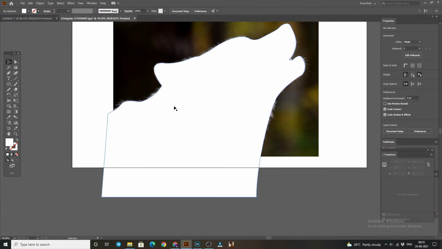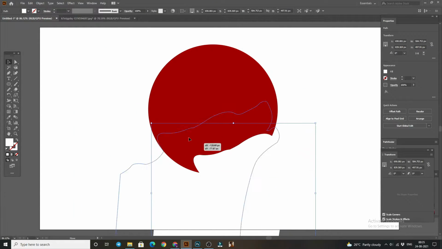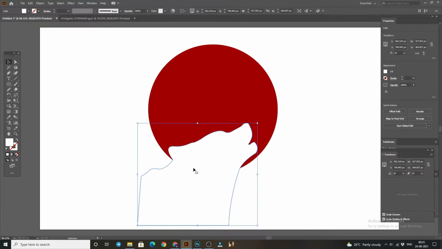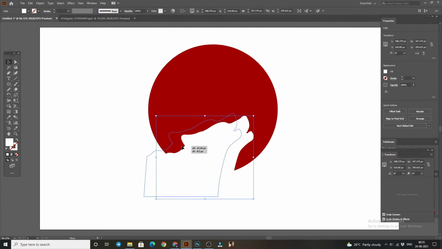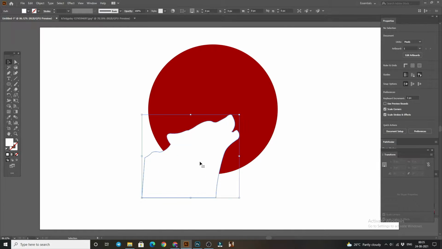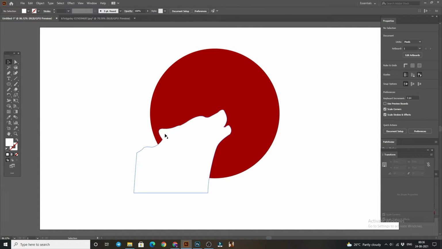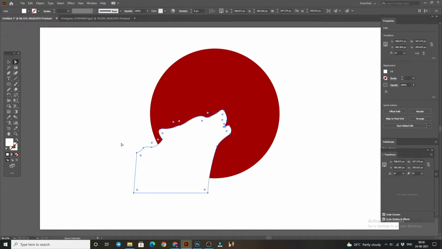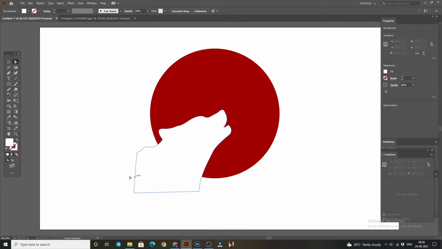So guys, we have completed its cutting and now we have to paste this shape in our logo shape. So paste it here and now decrease the size of it and select it here. I think we have to make it small. So I think we have to just adjust it. Now it is looking quite good.